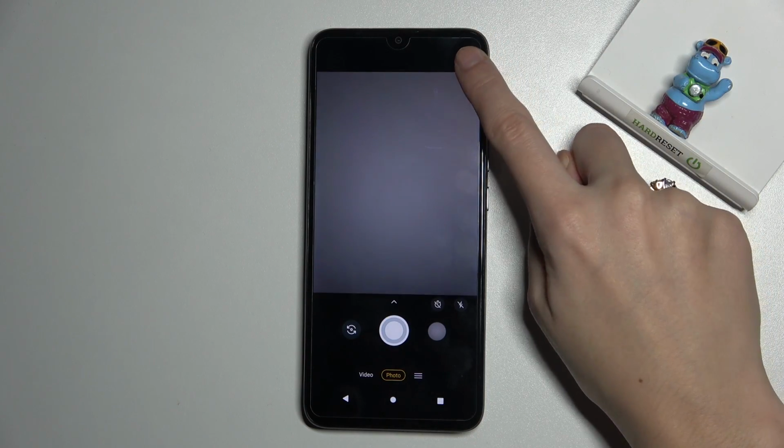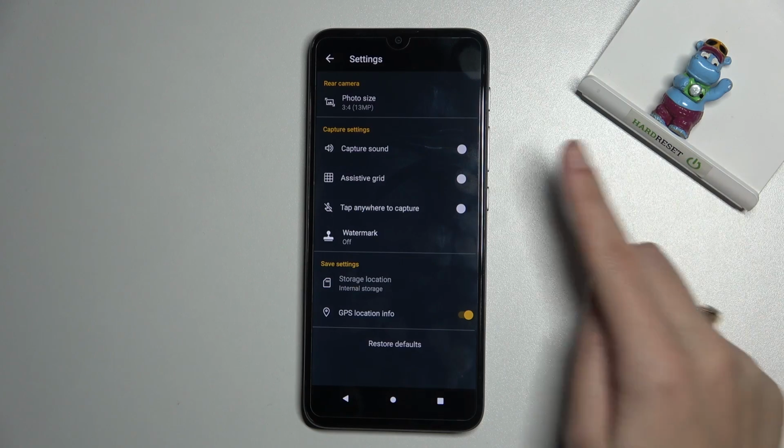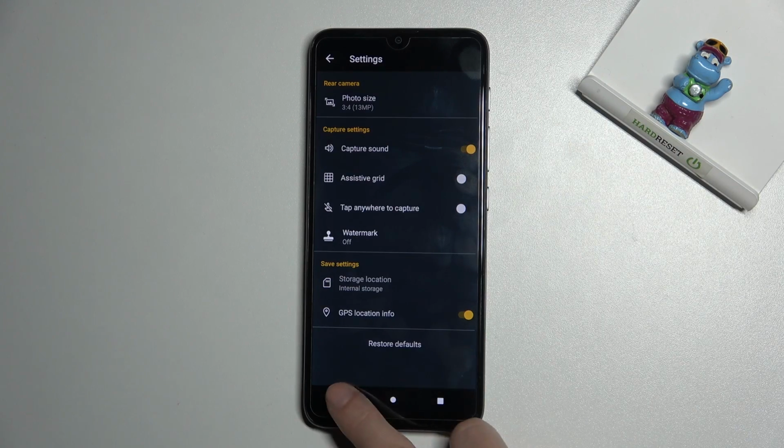And of course when we pick right corner button once again and capture sound, we can turn it on and